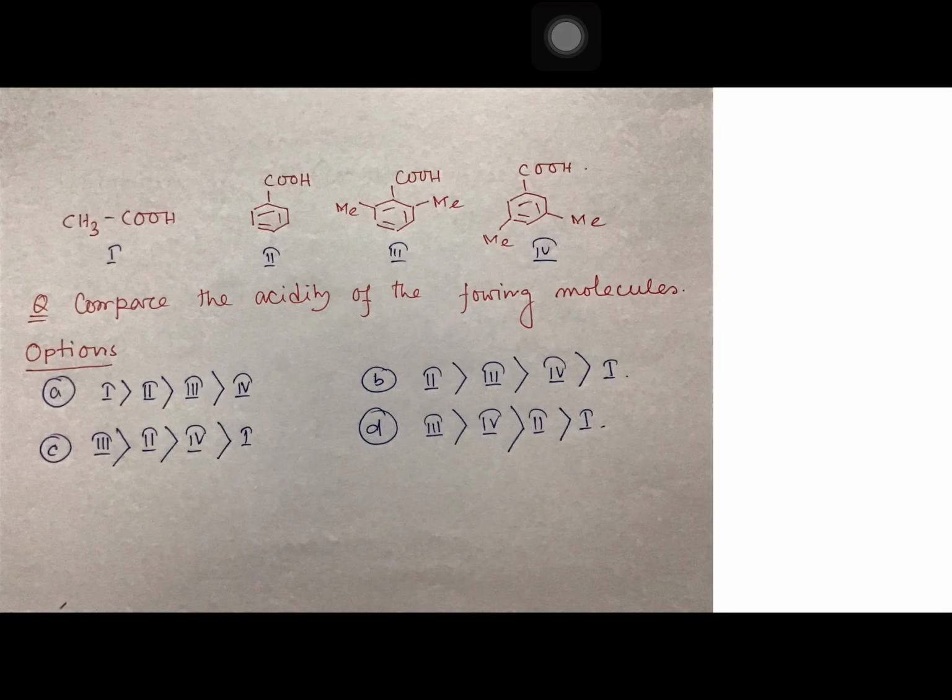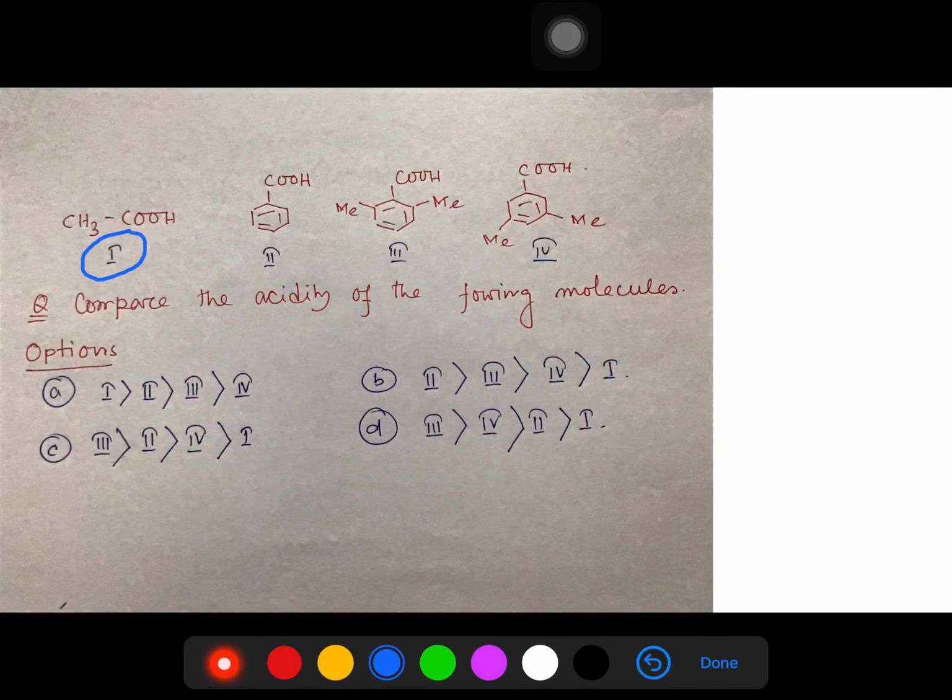So I hope you have done. So let's answer the question now. By the way, before going to details, I suggest that instead of pointing out this number, just look at the molecules and make your own order first. After that you can check which one is matching with your order. This is point number 1, strategy number 1, and strategy number 2 I shall explain at the end. Okay. So now let's discuss.